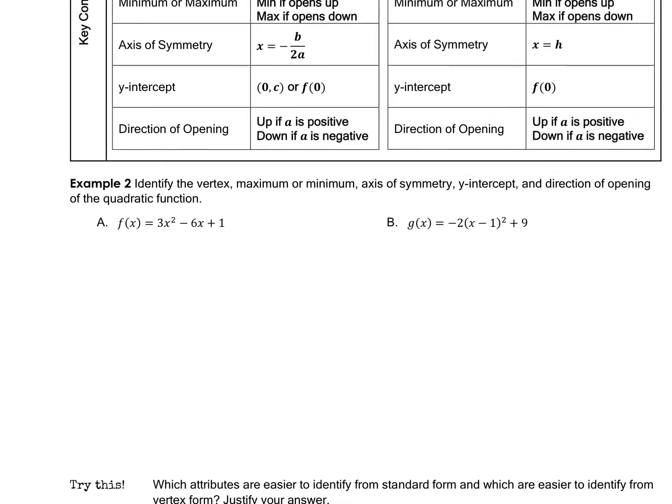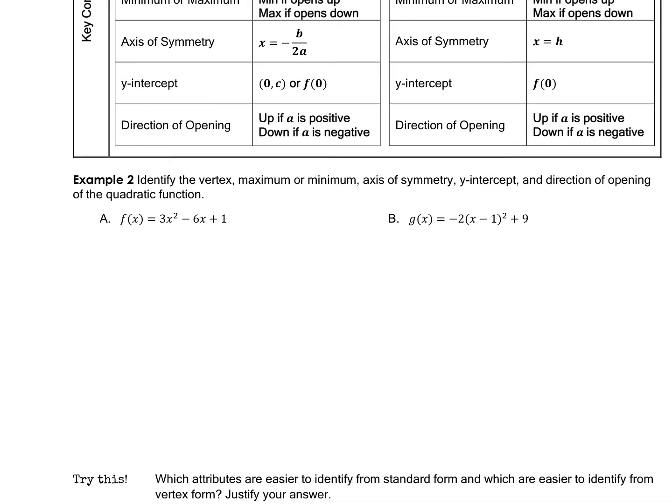Okay, so let's look at example 2. We're going to identify the vertex, maximum or minimum, axis of symmetry, y-intercept, and the direction of the opening. So I'll go ahead and just write all that down. Vertex. So when it's in standard form,